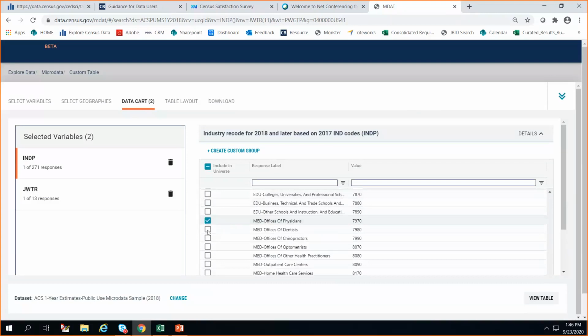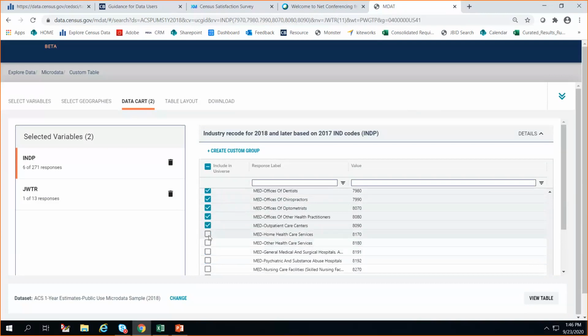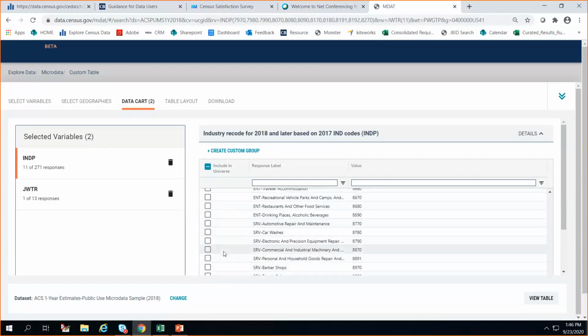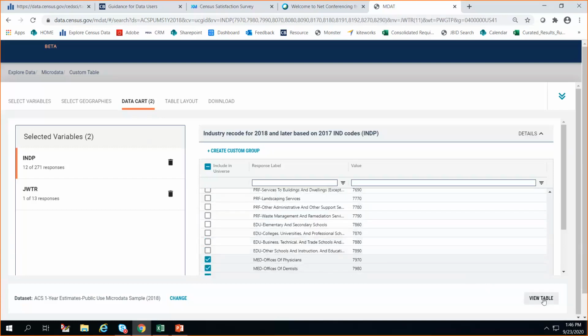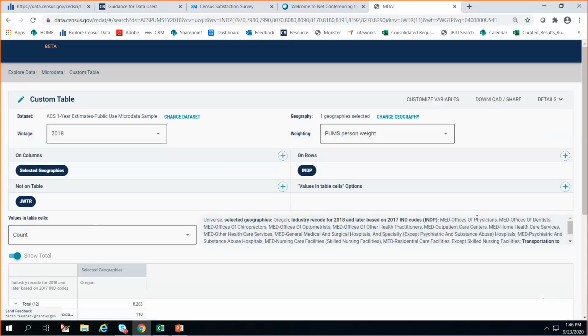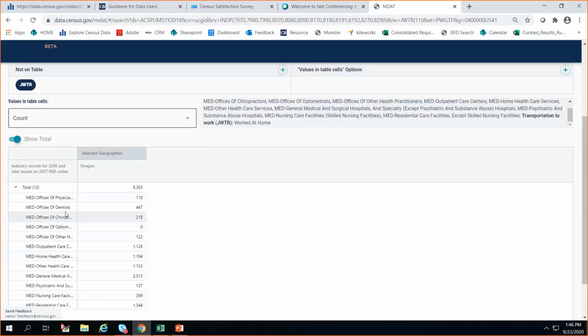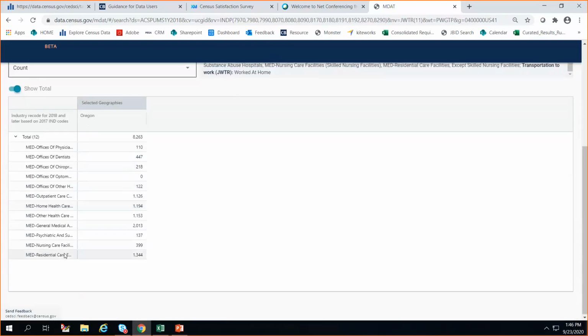So let's click on the medicine ones. Maybe if you just wanted something a little bit smaller for a table that's a little more ingestible, you can click there and then view table, and it pulls up just those industries that you looked at,